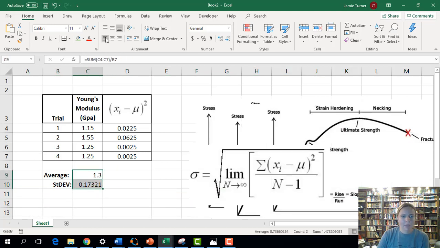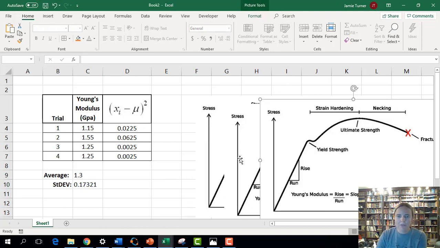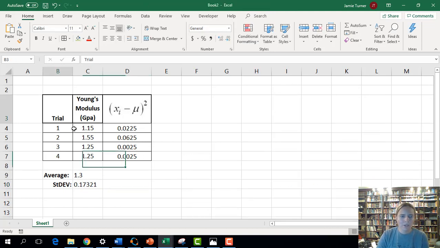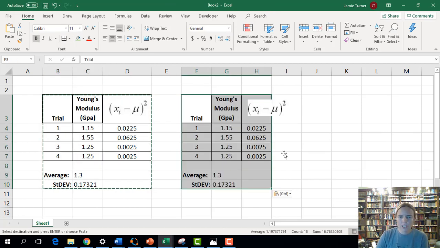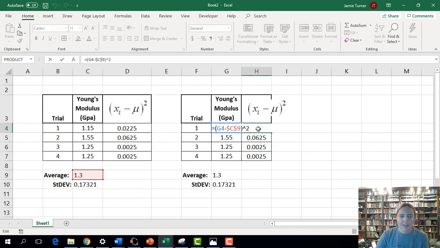Then I can copy and paste that table to other places. The one thing to be careful of when you copy and paste it over, so like if I copy this over to this new position, I have a problem in that it's grabbing the average over here instead of my new average. So I will have to go through and change this to what it needs to be. So be careful on that front when you're copying and pasting